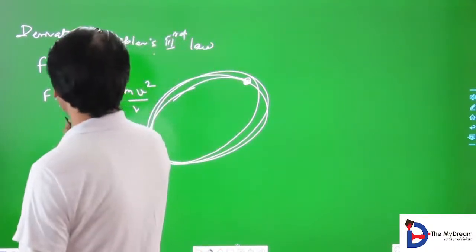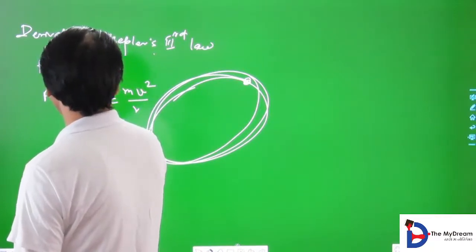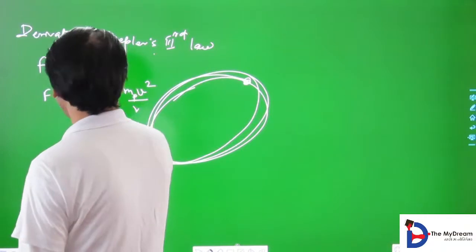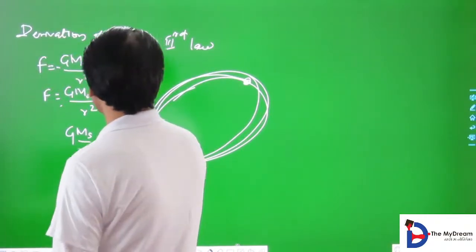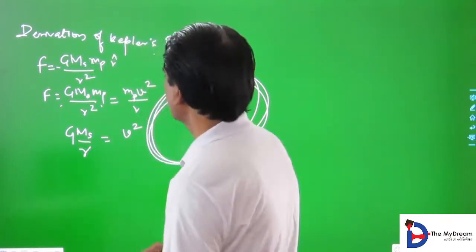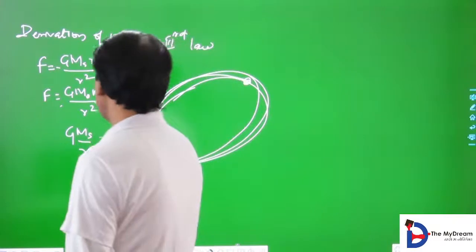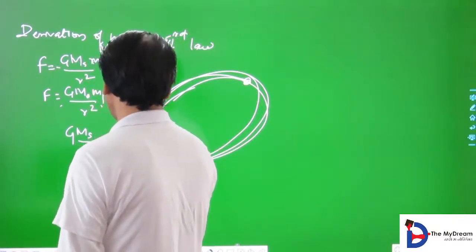So in place of this, you can write down G ms by r, v square, and t is equal to 2 pi r by v,